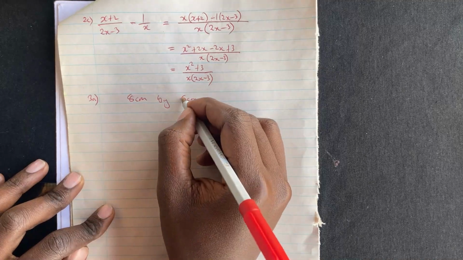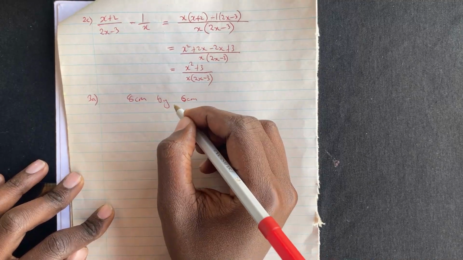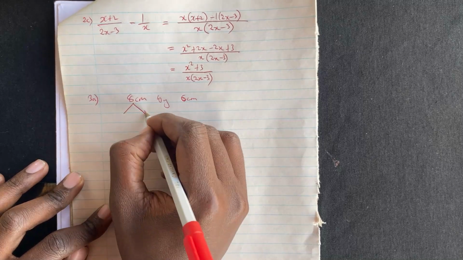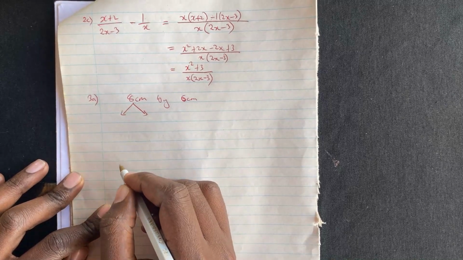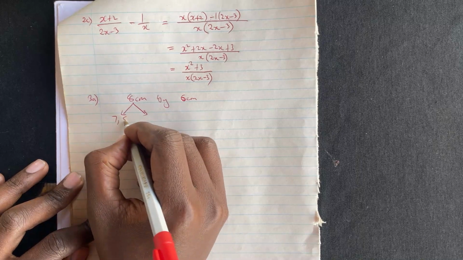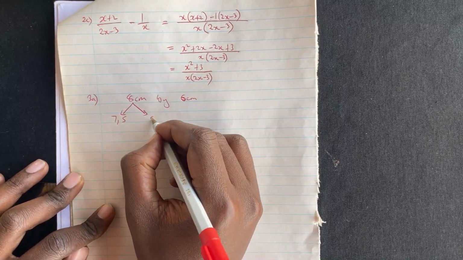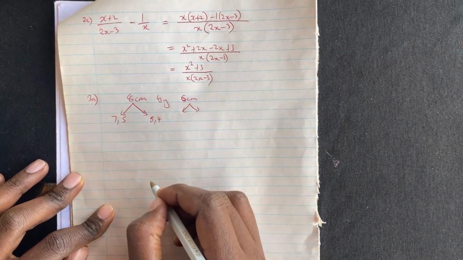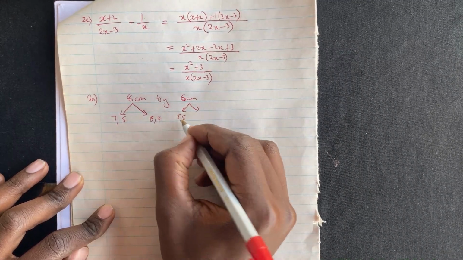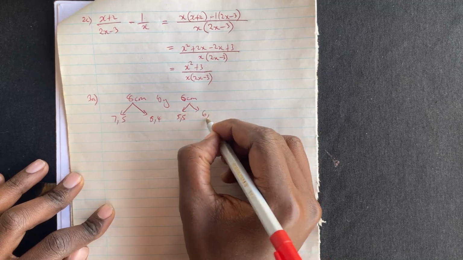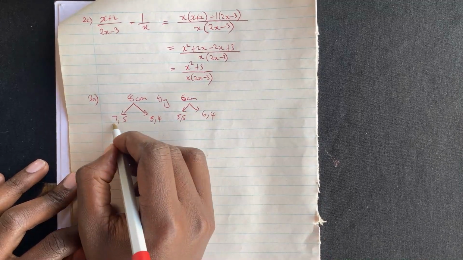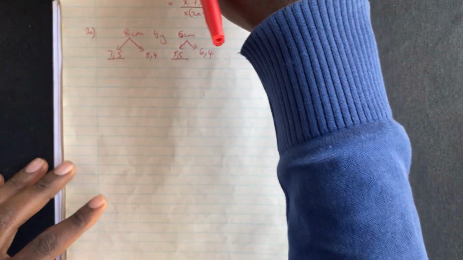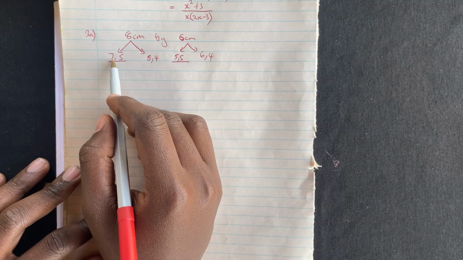So if you want to calculate the least possible area, for 8, the numbers which you can round off to 8, the smallest is 7.5 and the largest is 8.4. And for 6, the smallest is 5.5 and the largest is 6.4. And if you have to calculate the smallest possible area, we're going to use the smaller values, which is 7.5